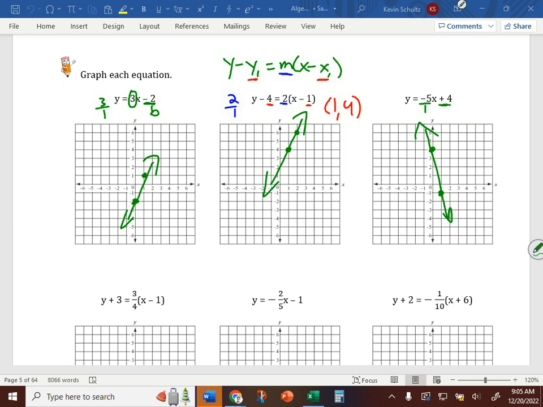Yes, Maddie, go ahead quickly. Okay, so on the test, would you want us to convert it to slope-intercept form, the point slope form? To graph it? No, just okay. So you wouldn't need to. No. Okay. I was just making sure. Yes, correct. If it's given to you in point slope form, graph it using point slope form. Okay. The next row,